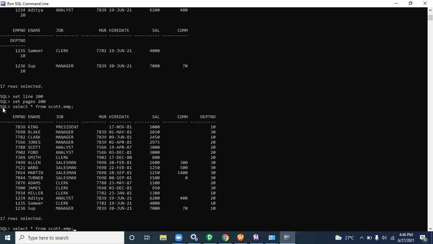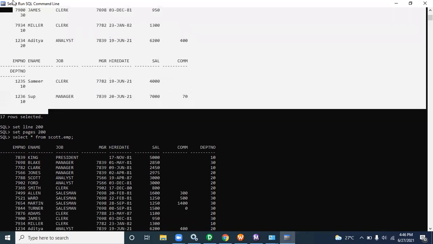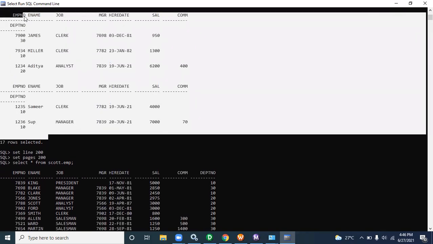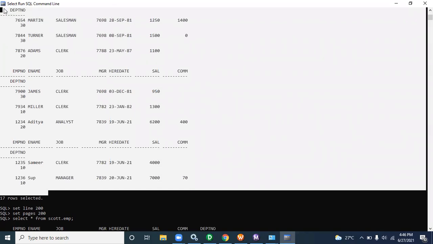How do you set the line? You set the line number to 20. Yes, line size and page size in Oracle. Before setting line size or page size, your data looks like this, not arranged in a proper manner.